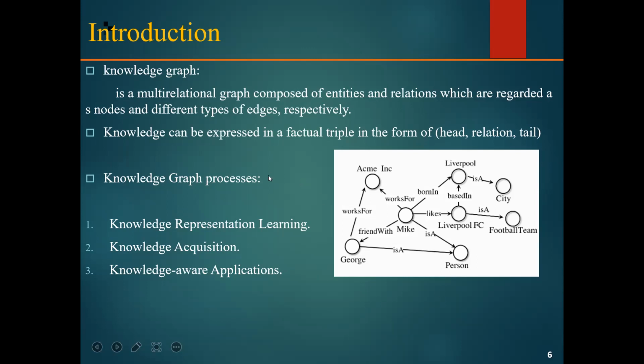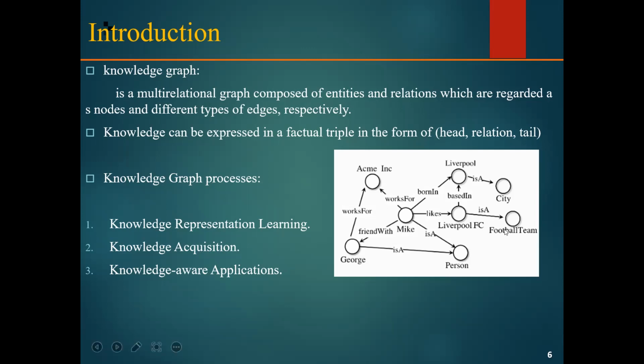So we can say the knowledge graph combines characteristics of several data models, because it is a database, it is a graph, and it is a knowledge base. It is a database because we have structured queries, and it is a graph because we can analyze it as any other network data structure. And it is a knowledge base because we can use it to interpret the data and infer new facts.